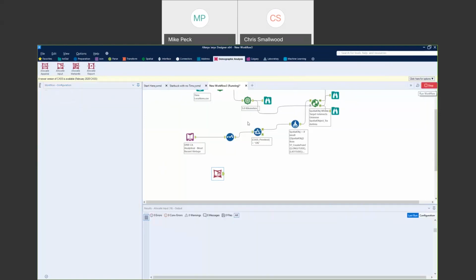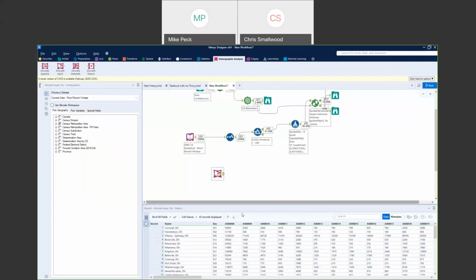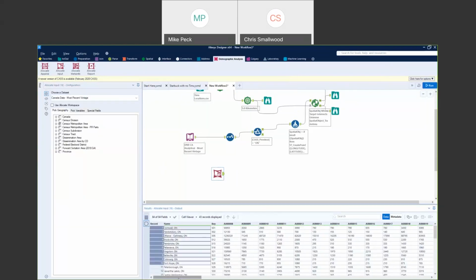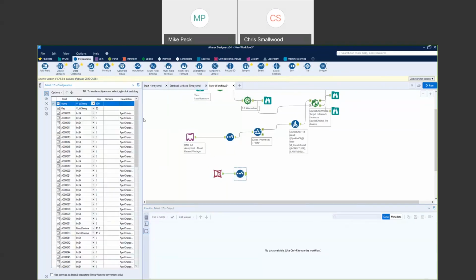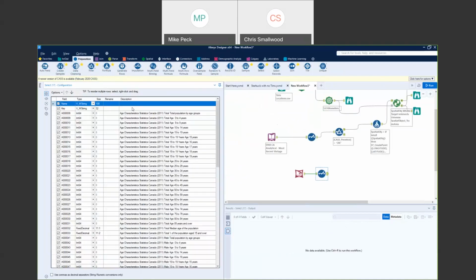So now when I run this workflow, what we're going to get back from the Allocate input is each one of the different metro areas, with some different information about what the population densities are and things like that, just to show you very quickly what kind of information we are pulling back. I'm going to add a Select tool here. And from the information, we get the description of what the code actually means from the Allocate input. So here we can see that the